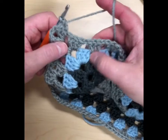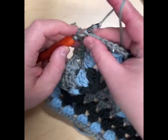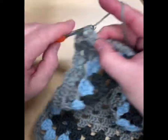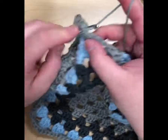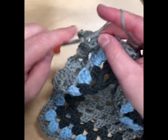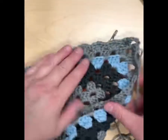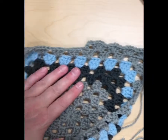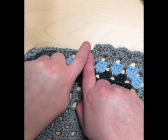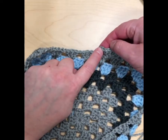So we're going to skip these. We're going to go into that chain space, and guess what? We're going to do the 2 double crochet, chain 1, 2 double crochet. I mean, isn't that easy? And then we'll do this all the way around, and then we're going to end. I'll show you on the other side, but we're going to end with a 2 double crochet, chain 1, 1 double crochet, and then a slip stitch into that top chain 3